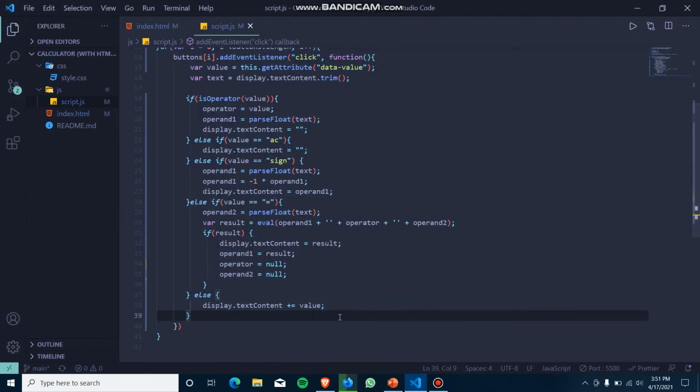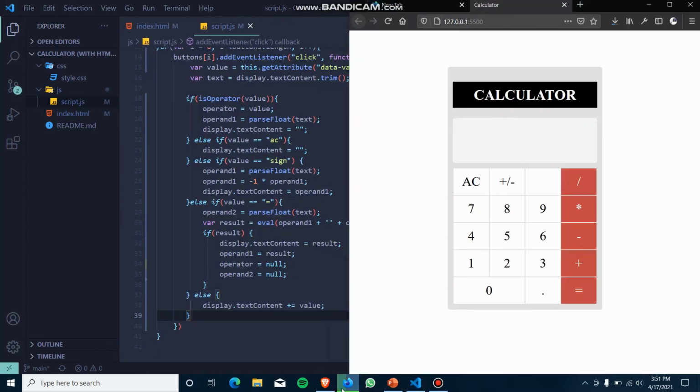Okay, now let's check this out. So now we click on 7. As you can see, it is displayed here because of this else part. After if I click on 0, then it concatenates 0 after 7, because I wrote here plus equals to value.